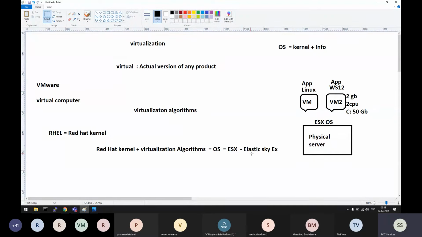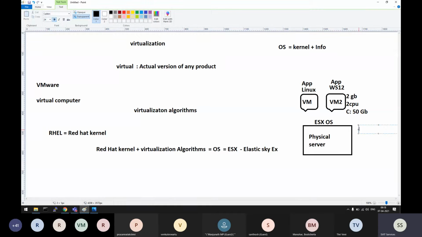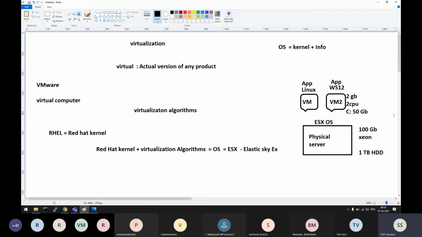Once you install this ESX operating system on a physical server, we are able to split the underlying memory, processor and hard disk. We're able to split from these resources to these virtual computers. This ESX operating system will help us to split like that compared to any other previous technologies, operating systems.